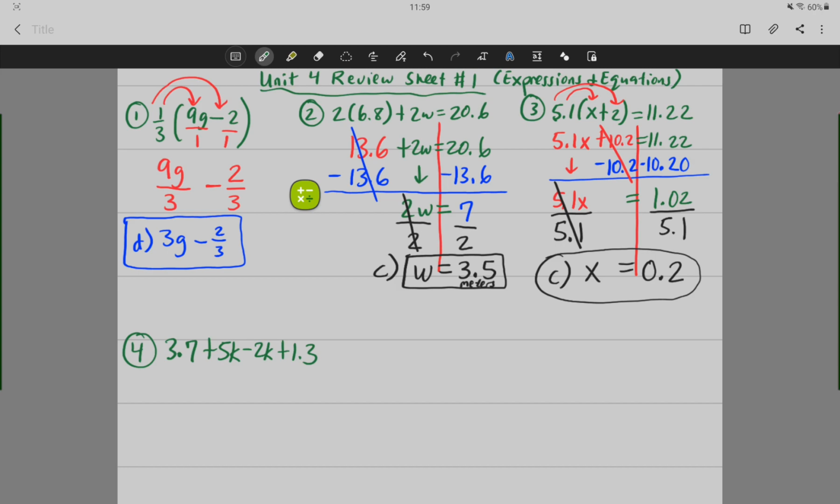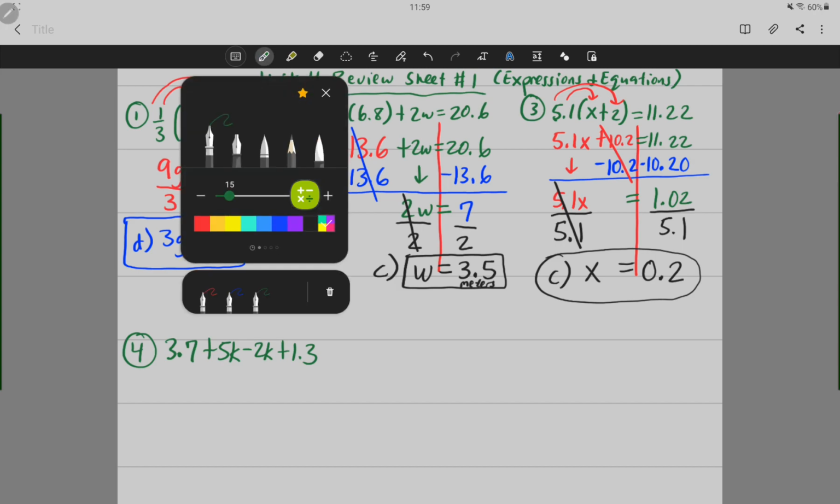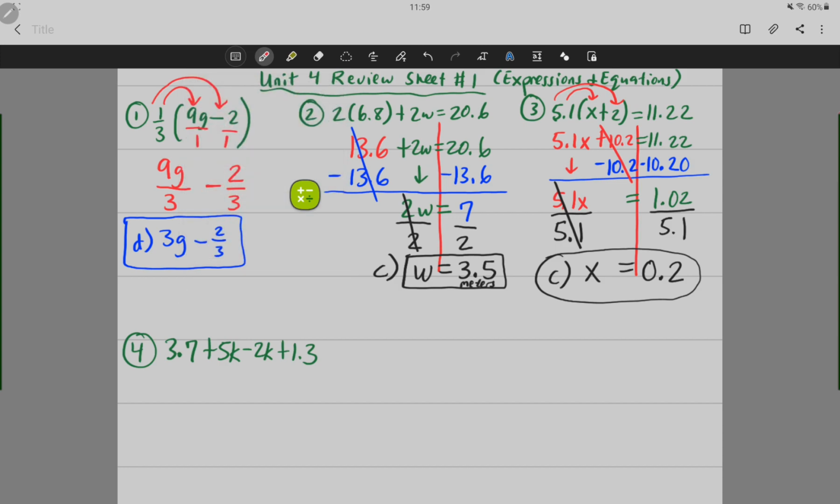We simplify by combining like terms. So do I have any variables, any of the same letters? Yes, we do. Circle the operation. Positive 5k minus 2k. This 5k minus 2k would give us 3k. But do I have any other like terms? Yes, I do. I have constants, which are numbers that do not have variables. In this case, 3.7